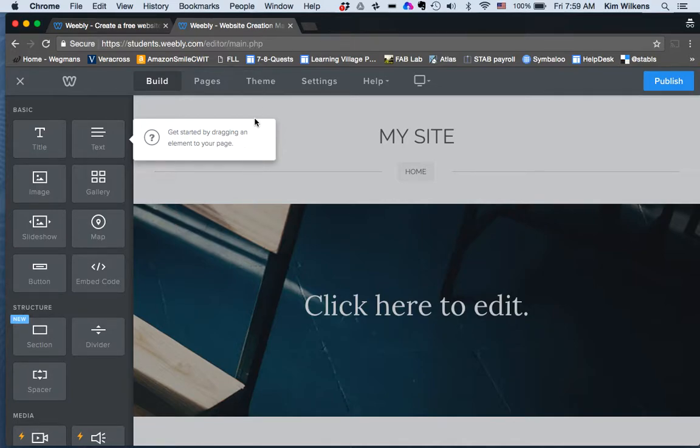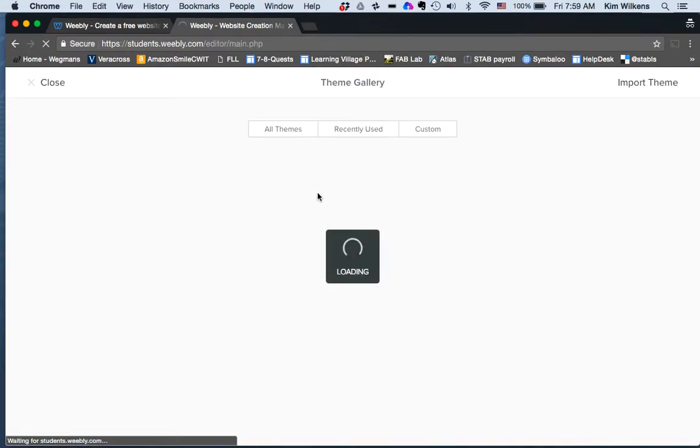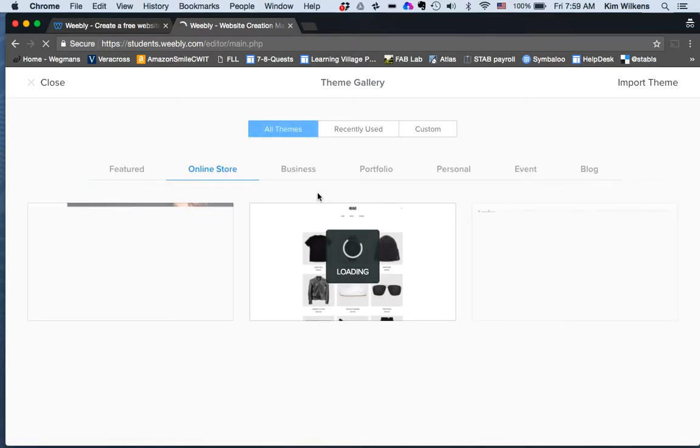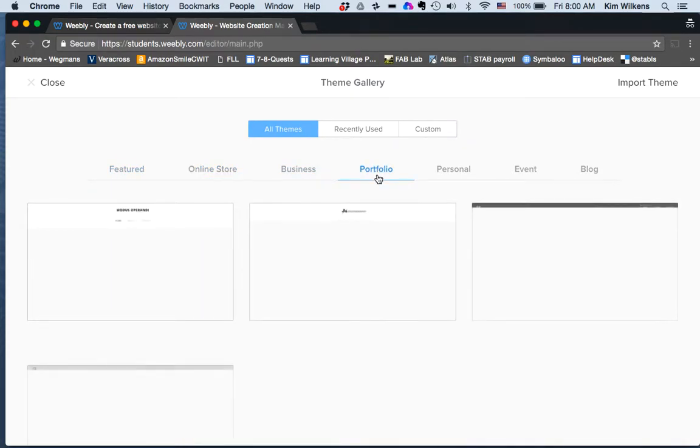Now, the very first thing I would suggest is going and looking at themes. So there are a lot of themes that come with Weebly, which is why I like it. It's called a template-based editor. So that means that they provide the templates, and you will be able to update it if you want to, now that you know HTML and CSS, but at least this gets you started. We're not going to do online stores because you're not doing a store, so you might want to look at portfolio,